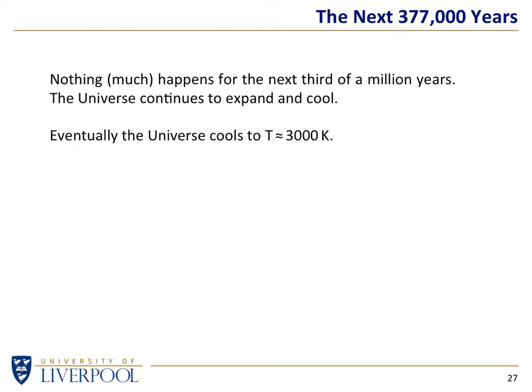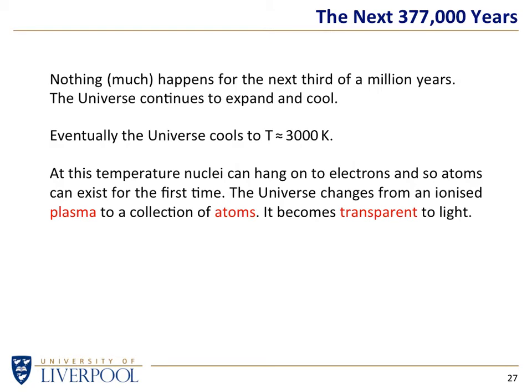So once the universe has cooled to this particular point, it is now possible for a nucleus to hang on to its electrons from here on in. So now, for the first time, we have atoms. It takes 377,000 years after the Big Bang before you have atoms in the sense of a nucleus and electrons going round. Up to this point, you have positively charged nuclei, negatively charged electrons. We call that particular cloud a plasma.